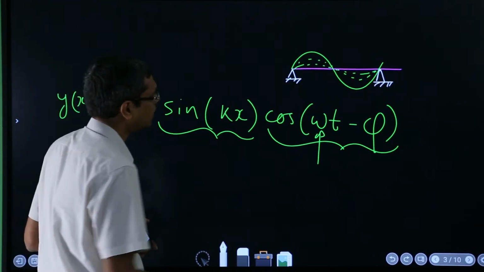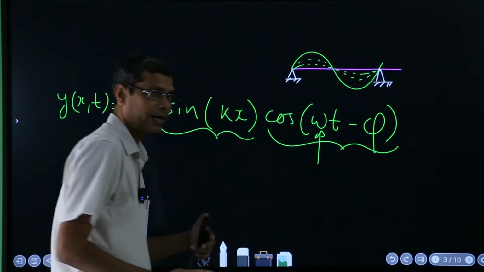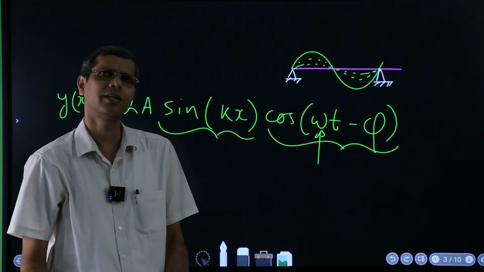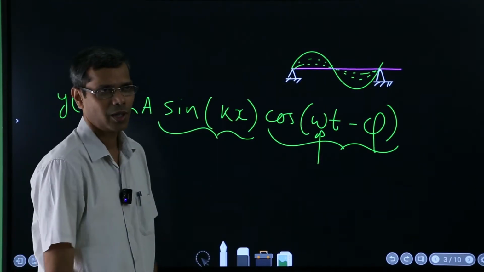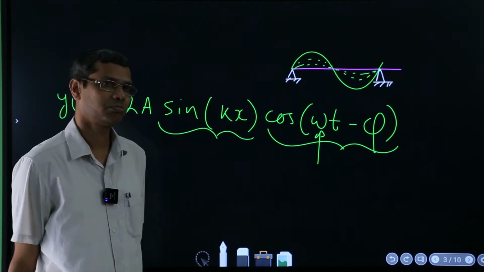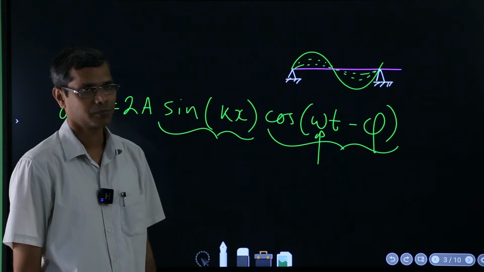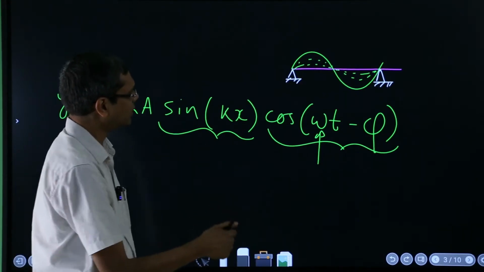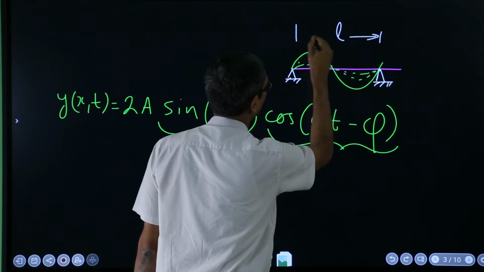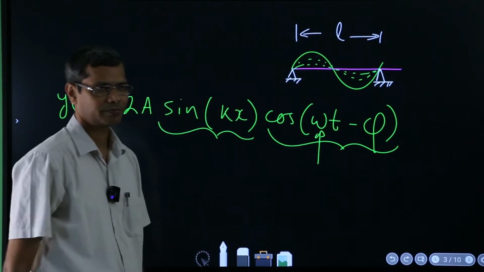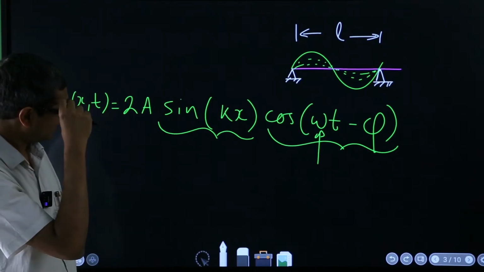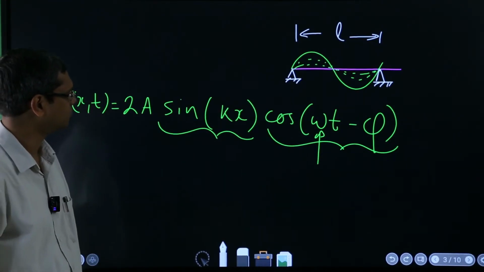The other node is also now defined. Earlier only one node's location was defined, that it must start at x equal to 0. But now even the second node is defined, where it will be, because the length that you have chosen to fix the other end is fixed. You have fixed that. So that will tell that,